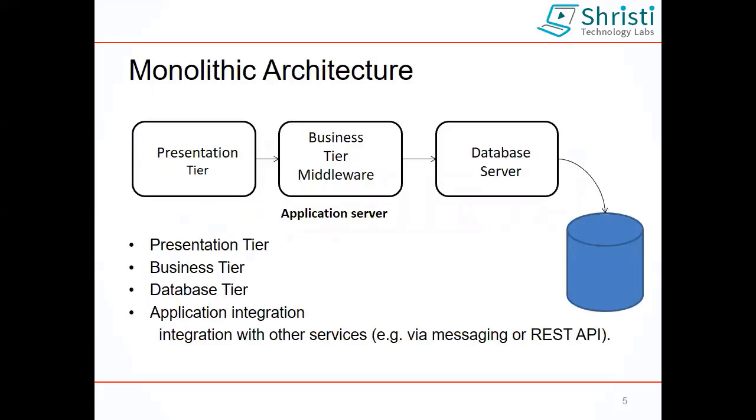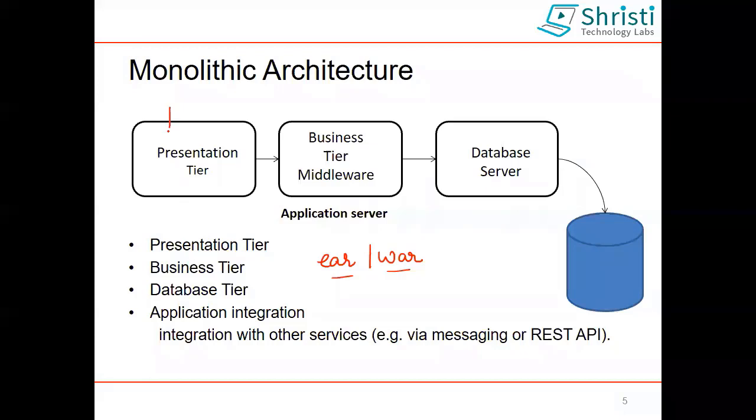To start with, let us understand what is a monolithic architecture. In a monolithic architecture, you have got different tiers. One is a presentation tier, the business tier, which will handle the business logic, and the database tier, that is going to work with the database. That is the enterprise information tier. Whenever you are working with the monolithic architecture, you will be creating one single EAR file, that is an enterprise archive file, or a war file, and this will be deployed in the server. This is how we have been working. And again, suppose your application wants to interact with any other external service, we use messaging or REST API. So this is a monolithic architecture.